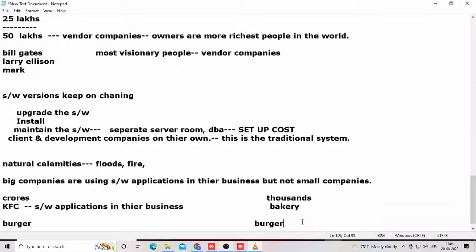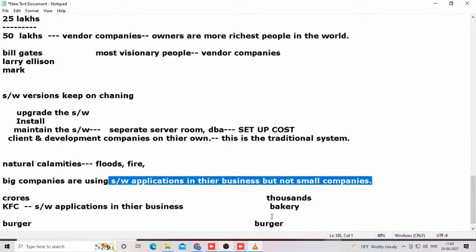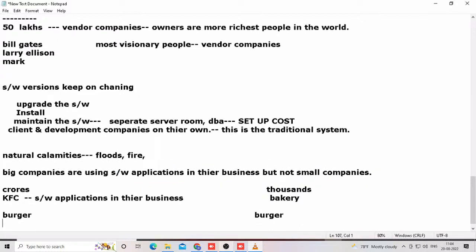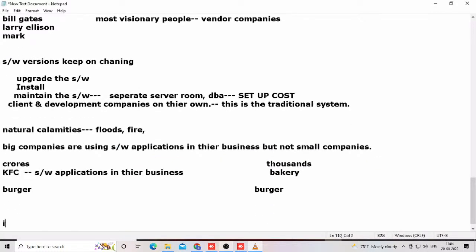So according to this example, small companies cannot afford the setup cost. That is why they do not use software applications in the business. Am I clear on this point, everyone? Yes, sir. Now tell me, if you reduce the cost,